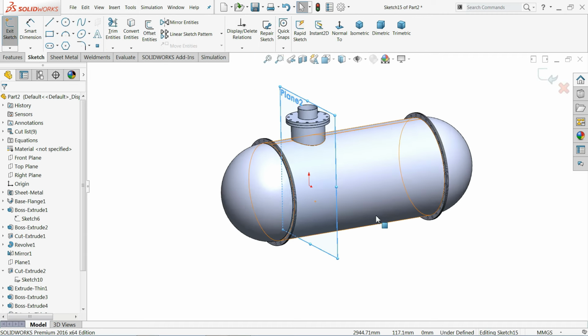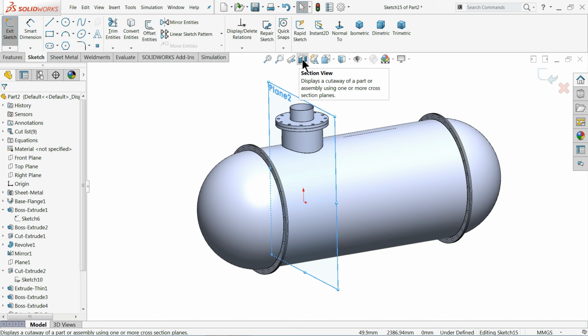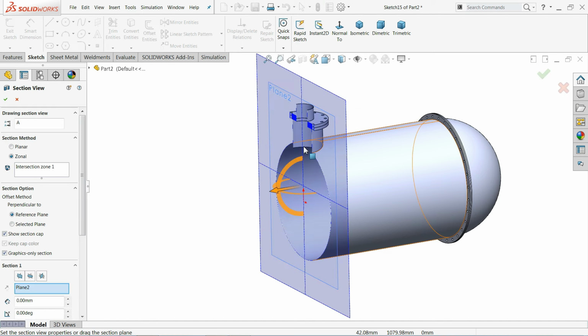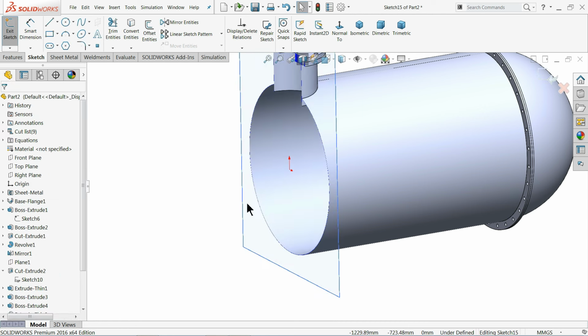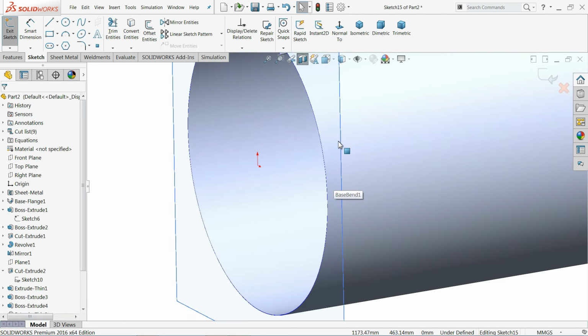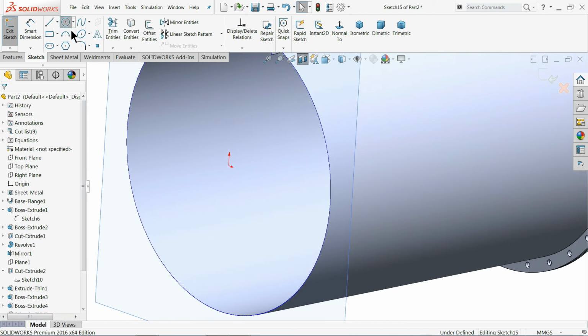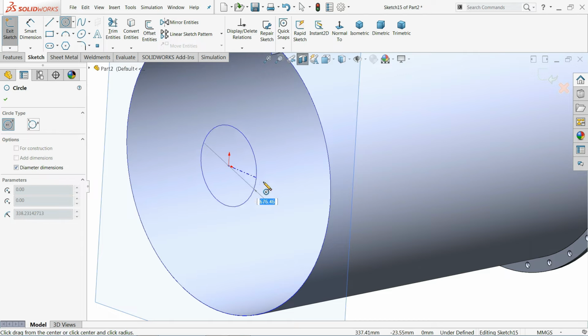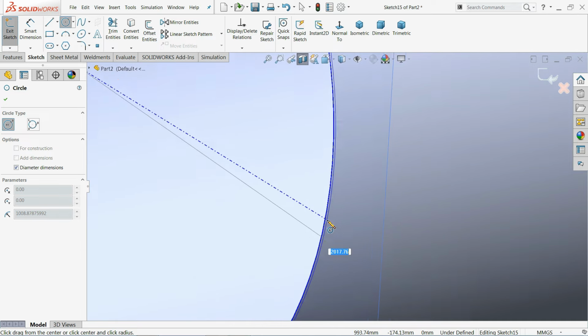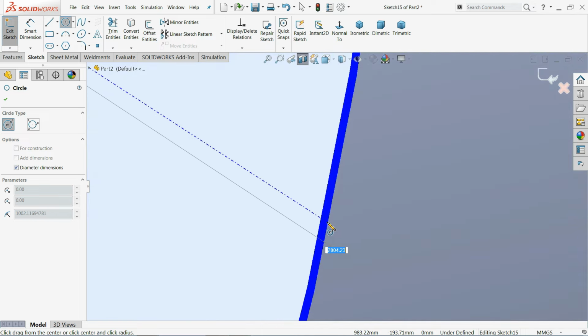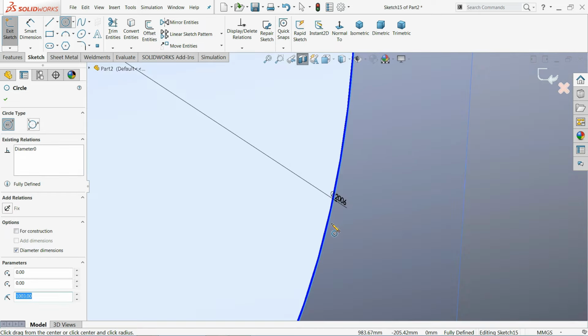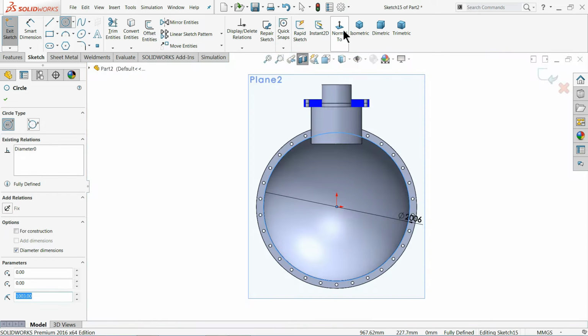sketch. Now here we have one more option, section view. Click section view, see, you will see a section view up to this plane. Okay, it helps us. Circle, and this diameter we will keep as outside diameter. So outside diameter is 2006 millimeter, because our thickness is, let's take a normal look,